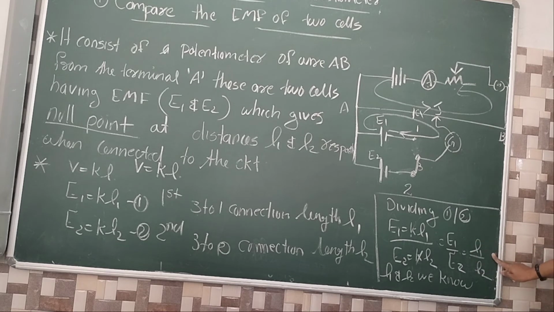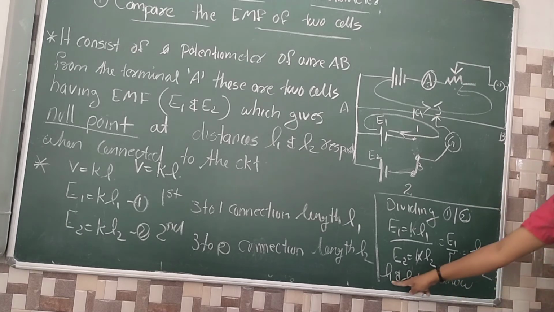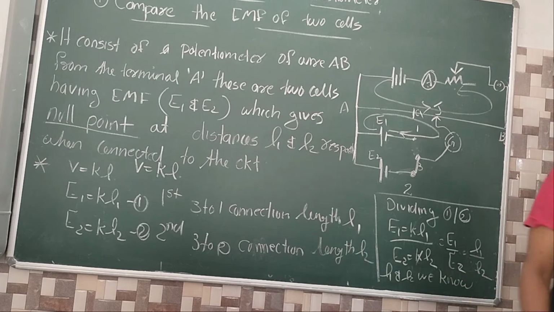L1 value आप लोगों को मालूम है ना, potentiometer से reading मिलेगा, L2 value भी मिलेगा, potentiometer से reading मिलेगा, that's length. So which one is unknown? E1 and E2 are unknown. So L1, L2 we know, so automatically we can compare E1 and E2. समझ गया? How to compare the two EMFs using a potentiometer? So what is the basic use of the potentiometer? To measure the potential. Other use क्या है? Potential का comparison भी हो जाएगा. Clear everyone? समझ गया? नहीं.